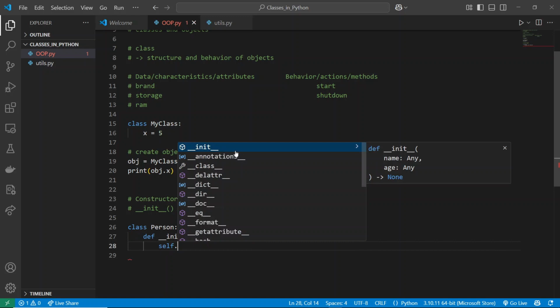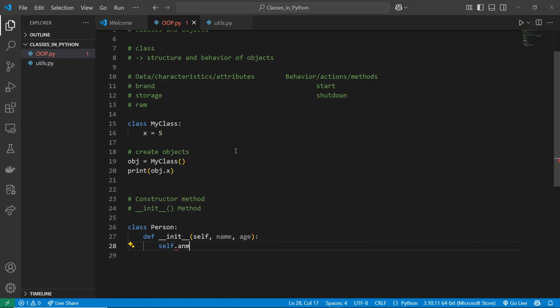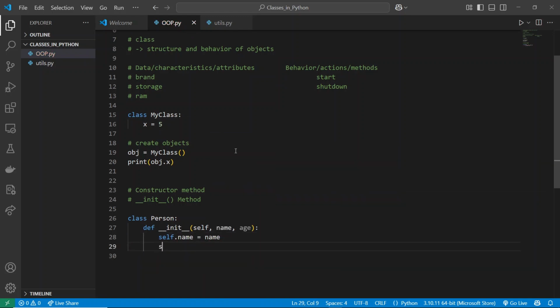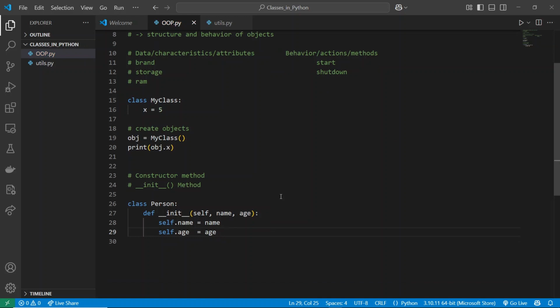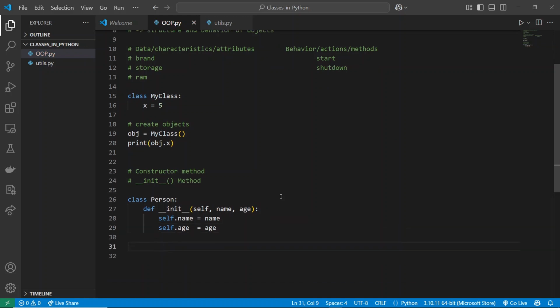Like so, we're going to be able to initialize our attributes using the init. So we're going to have self.name equal to name, and then you can go ahead and have self.age equal to age, in our case. In terms of what we talked about on initializing values for each object, maybe you could create